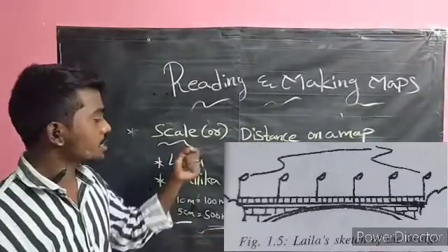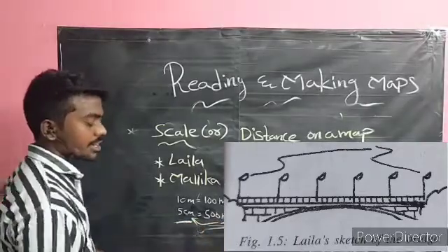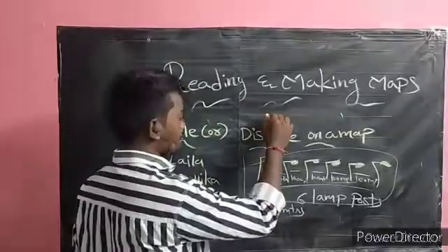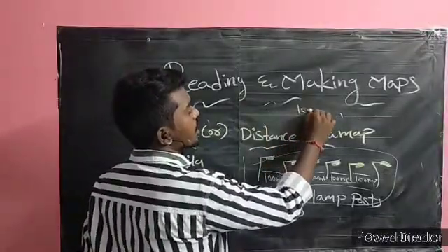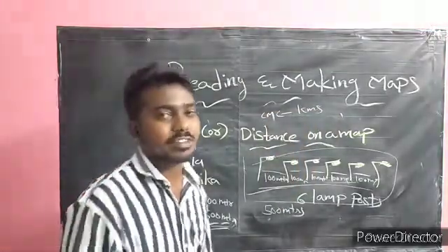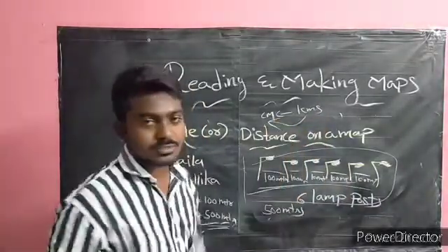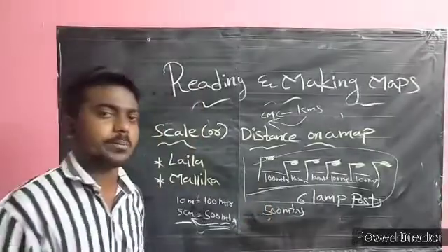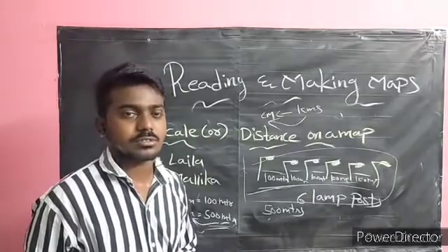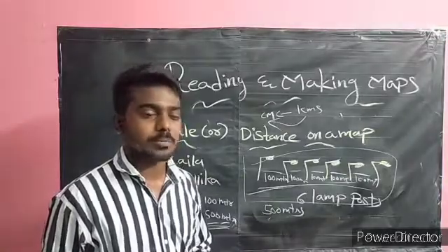Okay, I just explained about the scale, and here we have changed from meters to centimeters. Again we also have to change from kilometers to centimeters. Some maps, like a world map, show kilometers, and we can change them to centimeters. It is about the scale. You know that 1 meter equals 100 centimeters, and you have to know this one: 1 kilometer equals 1000 meters.